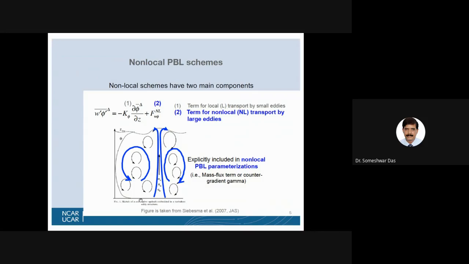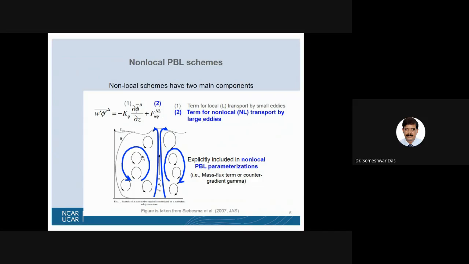So in the non-local closure scheme, you have got large eddies which transport, or these small eddies are automatically manifested in the large eddies, which transport all these fluxes from the surface to the top of the PBL and into the free atmosphere. Okay, and this is how the fluxes are defined for different parameters. Okay, so this is for the non-local transport by large eddies.